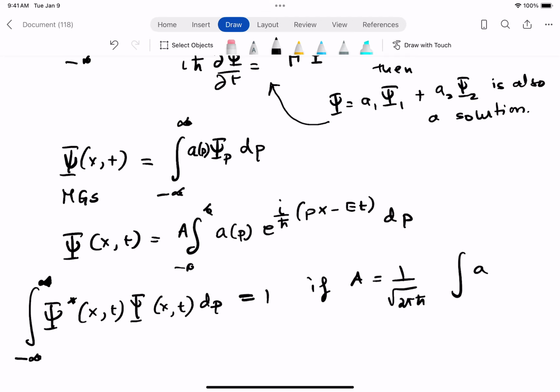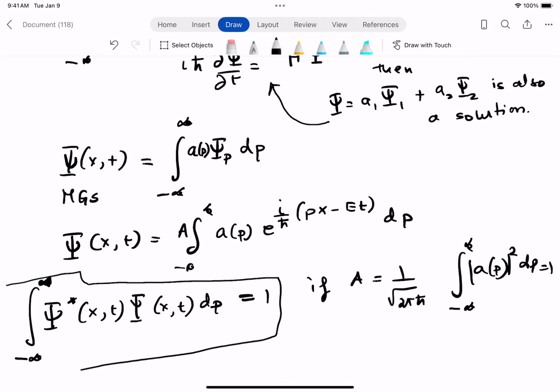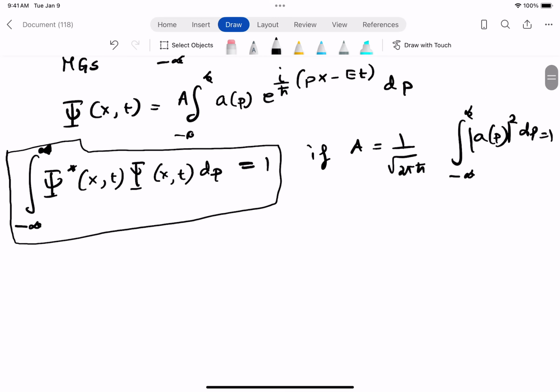That means if the integral of |a(p)| squared dp from minus infinity to plus infinity is equal to 1, then this quantity will be true. And this is exactly what we want. We want our most general solution to be normalizable because it represents a physical particle. All right, so how do we prove this quantity inside my weird box here? In order to prove that, and this is the integral over dx, not dp, we will